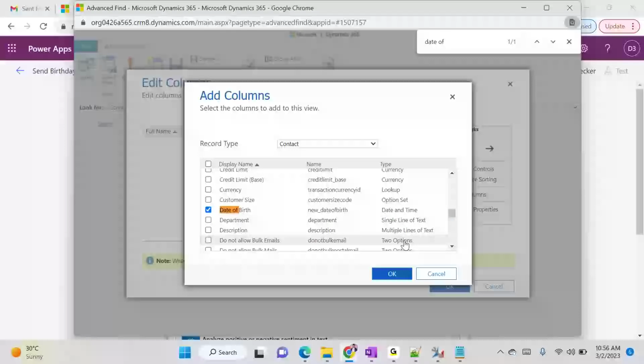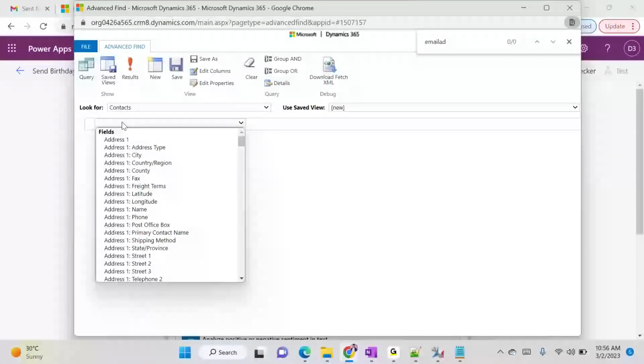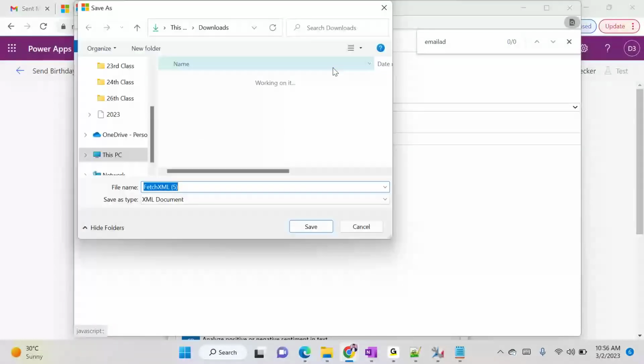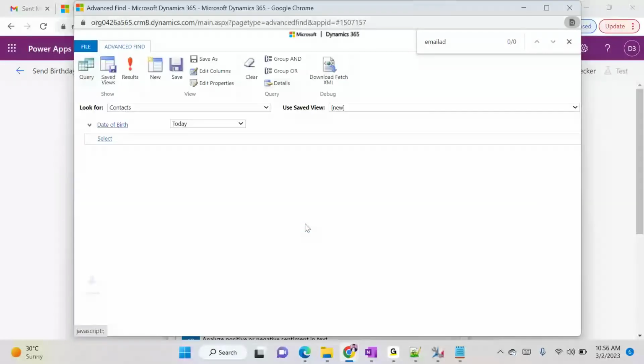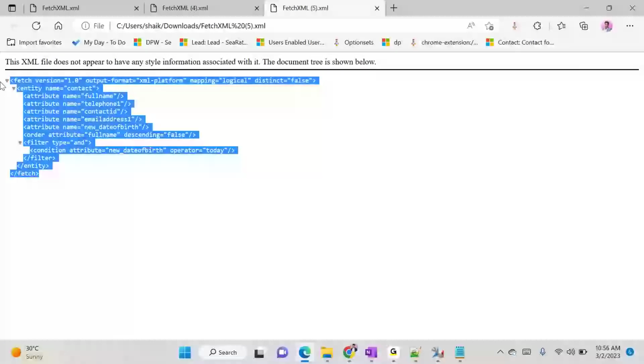Okay, and email. Select the field, click OK, then apply the condition. What is the condition? Date of birth equal is today. Date of birth is today. Okay, then download this fetch XML. So you don't have to modify in this case. Just copy this fetch XML,